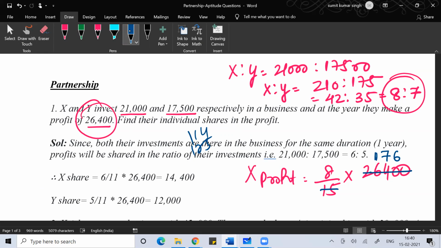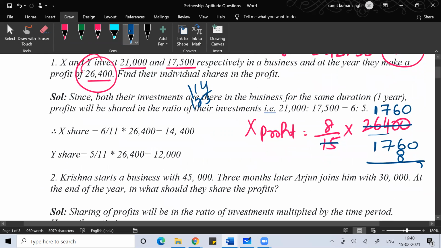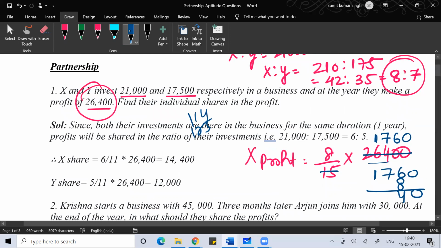Then this is 114 114 is 105, then 90 1760. So the profit of X would be 1680 into 8. So that would be 0 8 6 are 48. So 8 6 are 48. 1 minute. So